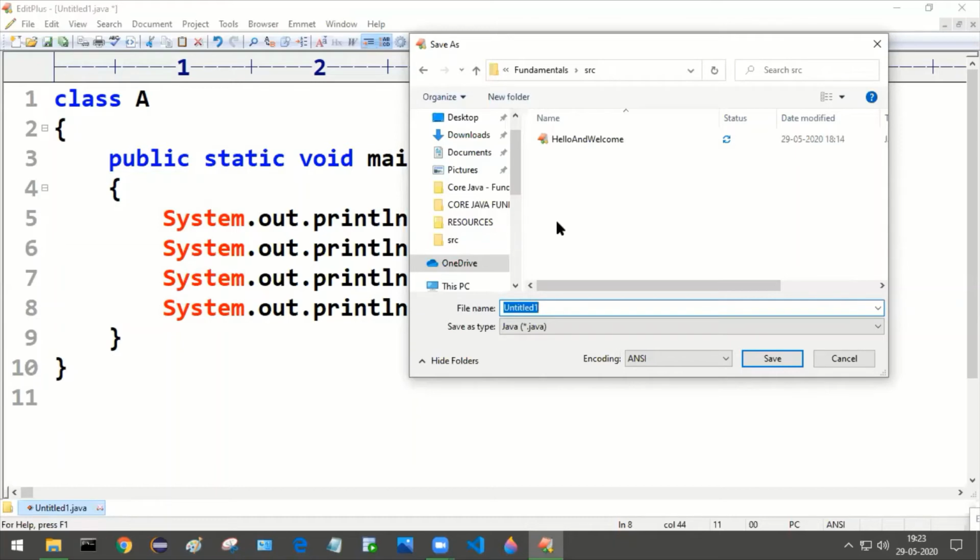The same name as the class name, capital A. I'm not giving the .java extension because the type is already selected as Java file, so you can leave that as it is. You can just give the file name, in my case A. Click on Save.